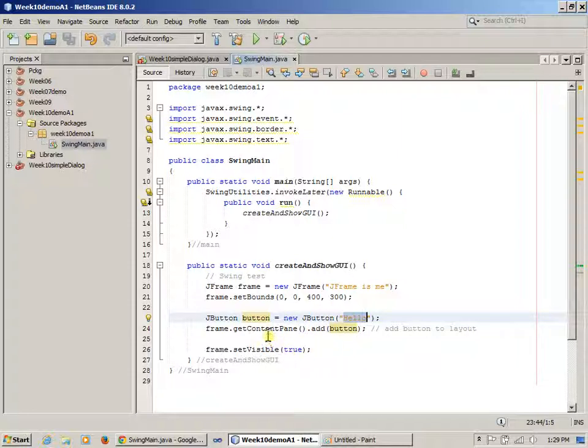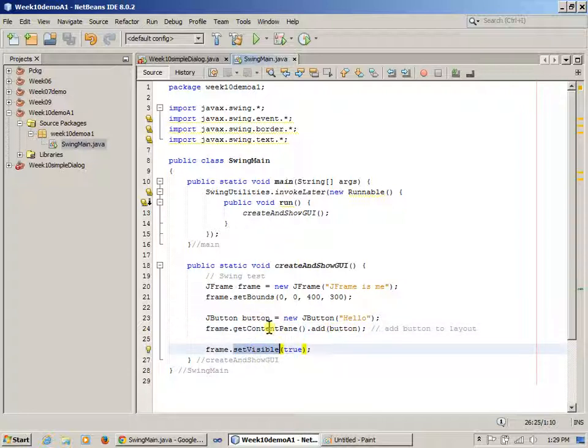And then I say frame, which is the frame object that represents the entire window in our application. And I say get content pane right there. So it returns a reference to the container, which I can populate with my gadgets. And so I just say add a button to that content of my frame,